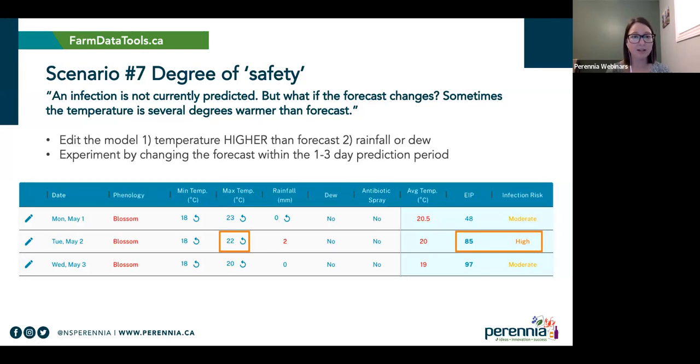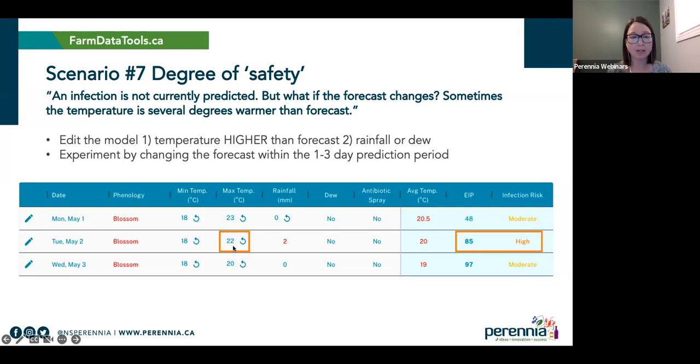Now, the next scenario here is determining your degree of safety. So let's say an infection is not currently predicted, but you want to know what happens if the forecast changes, because we often see that the temperature is several degrees warmer than it is forecast. So you want to be able to play with the model to see how comfortable you are in case that forecast changes. So what you would do is you could edit the temperature, and let's say